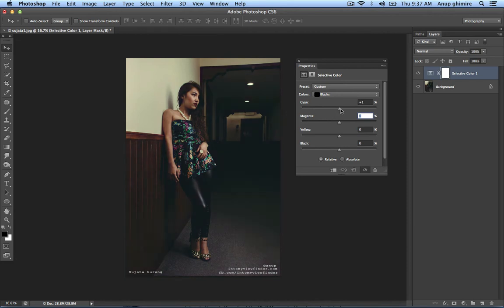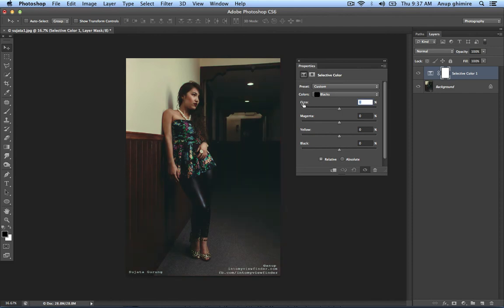Now if you want to add other colors, for example if you want to add red, then you have to move the cyan color to the left of it, because red and cyan are the two opposite colors of each other. So you have to remember what are the opposite colors of each other. For example, for red it is cyan, for magenta it is green, and for yellow it is blue. You can note it down somewhere.